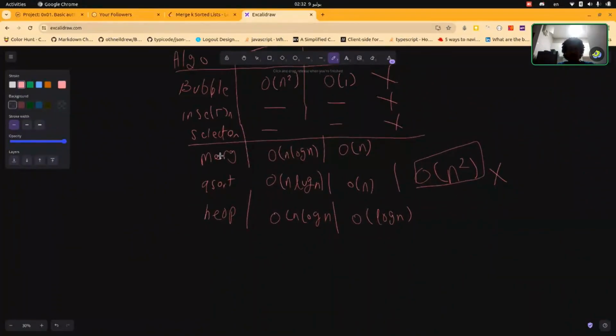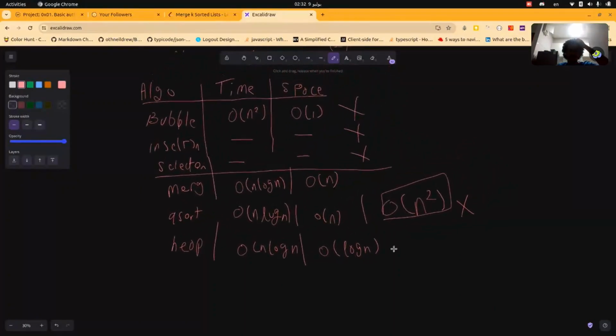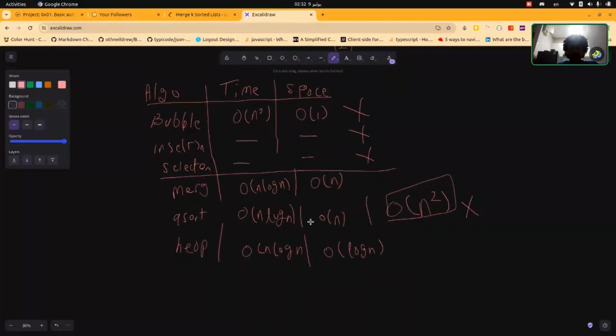And now we are left with merge sort and heap sort. And I do think merge sort uses much of the memory because of the copying. We need to copy for each level of the swap. So the choice that we are left with is the heap data structure or heap sort, which is a kind of